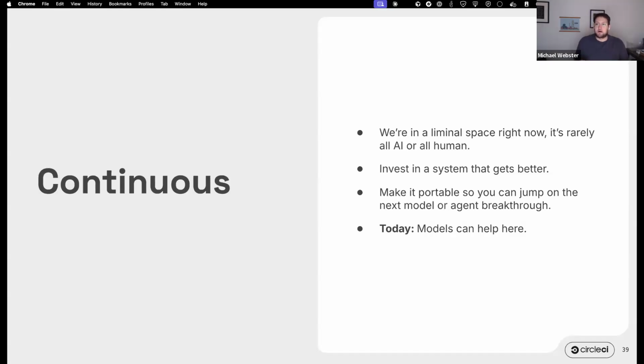And again, this is a case where models can help. What this looks like in practice is, as you are figuring out how to do something the right way, going back to that basic recipe I showed before, use the model to extract the instructions that you then give to the model to complete the tasks.